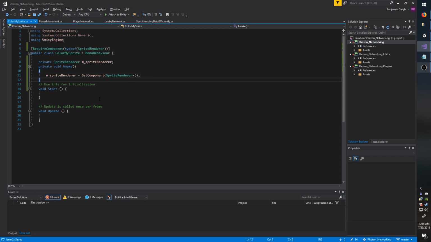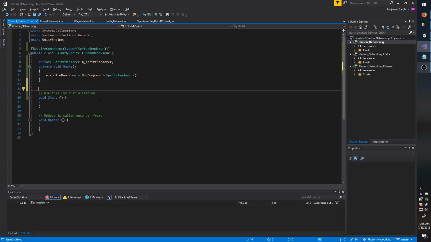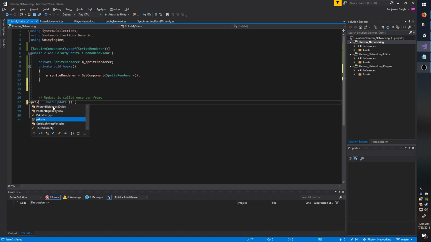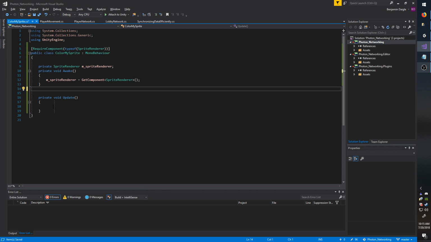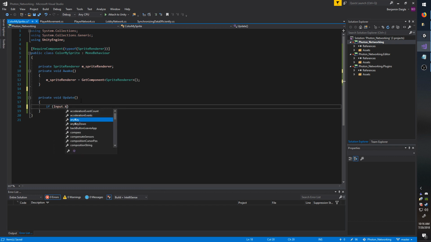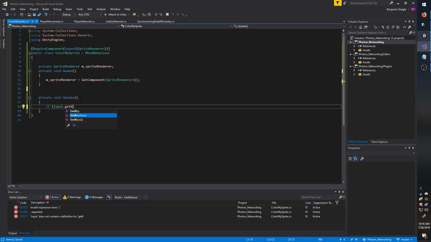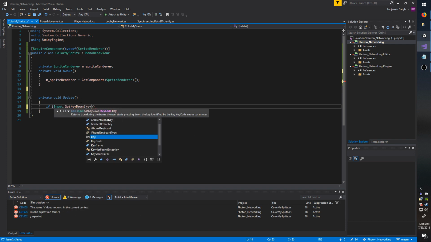So the first thing I'm going to do is write the code so that I know it's working locally. So I'm going to delete start. I don't need that. I'm going to just write the code under the update. Okay, so I'm going to do this every time my spacebar is pressed, so I'm going to do it when it's pressed down and not when it's held. So I'm going to do GetKeyDown, KeyCode.Space,